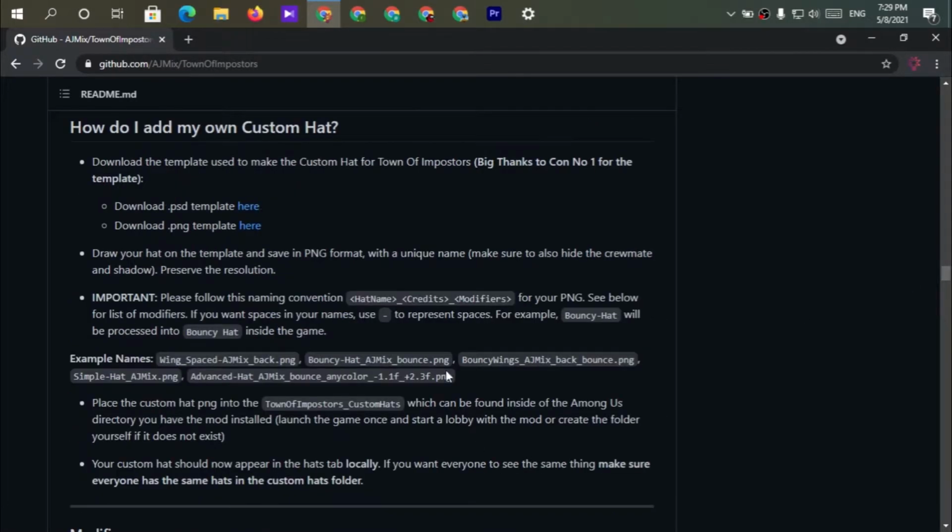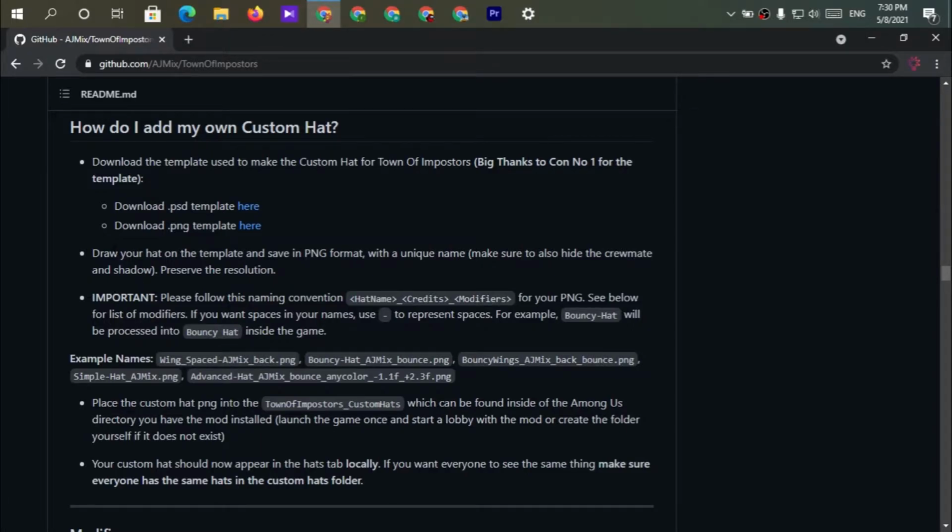Here you can see custom hats, and they have given a clear procedure to add that hat. We are going to use this PSD version. PSD stands for Photoshop data, and you can use the PNG template, but it's kind of hard. You can edit the image but you cannot remove something from it, so it's going to be hard using PNG, but you can do that using PSD. It's very easy. To use the PSD version you need to have Photoshop installed on your PC. I have Adobe Photoshop 7.0 and Lightroom. Any Photoshop is fine, guys.